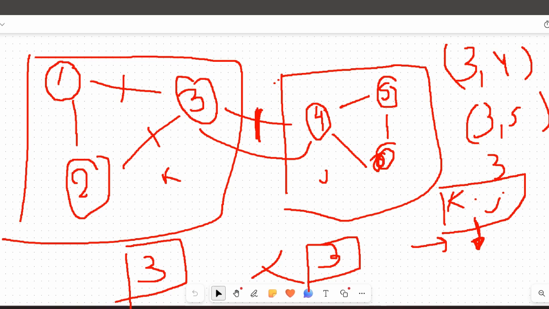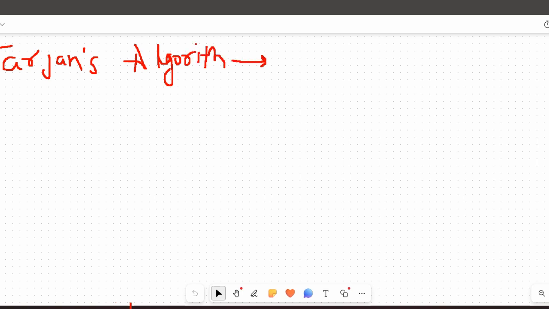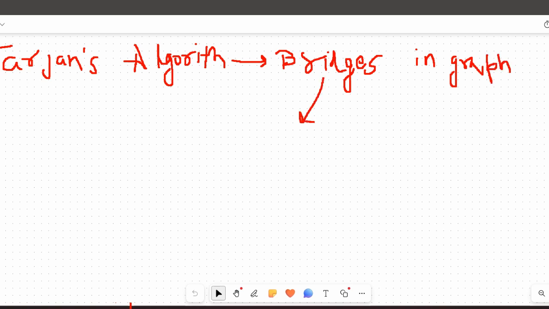How can we determine that if we remove this edge, then the graph will be split into two different components? That's quite an easy algorithm, but you should know a bit of graph theory before this. So if you don't know about Tarjan's algorithm, it will be a bit difficult. So I recommend you go through Tarjan's algorithm. Then, if you know that it is used to find the bridges in a graph, right? And a bridge is defined as an edge,